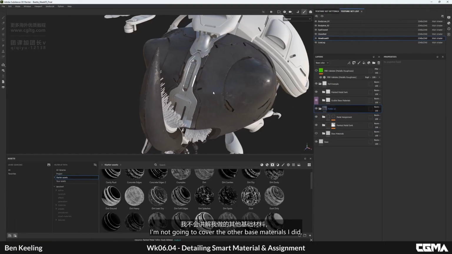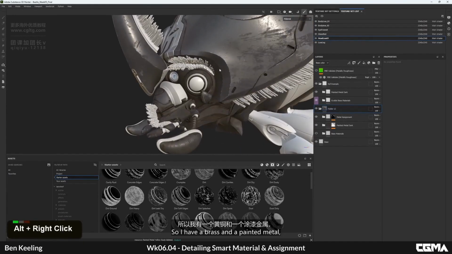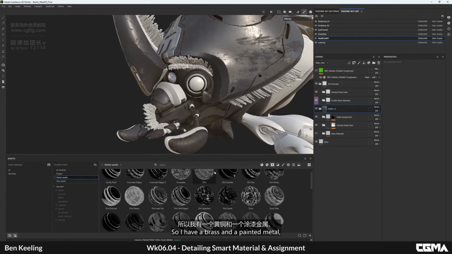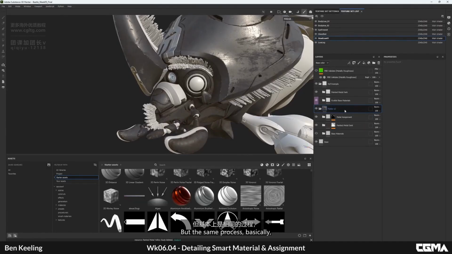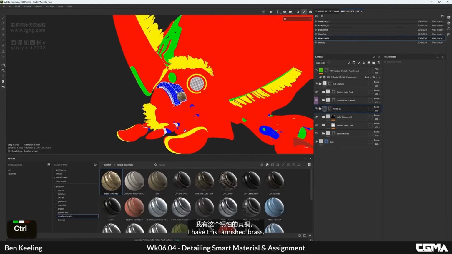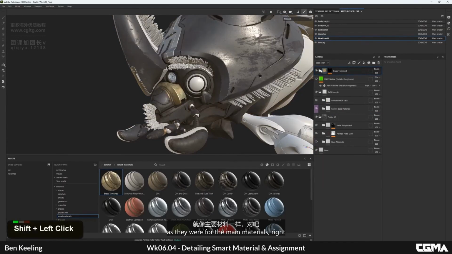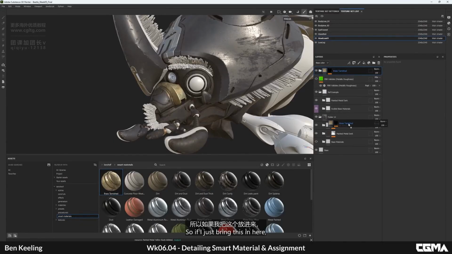I'm not going to cover the other base materials I did, because again, those are kind of the same process. So I have a brass and a painted metal, so we can assign those in now as well. But it's basically the same process for getting all of this stuff together. So if I just come over to my smart materials, I have this tarnished brass, so we can assign that in there. And again, these are all built in exactly the same way as they were for the main materials, right? So if I just bring this in here,